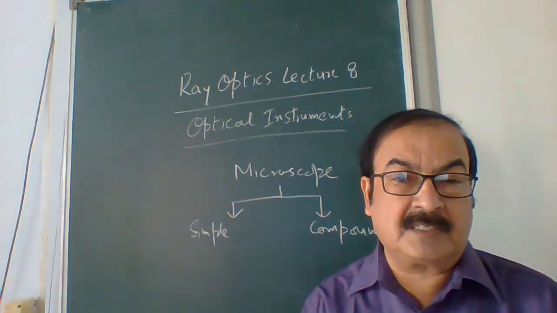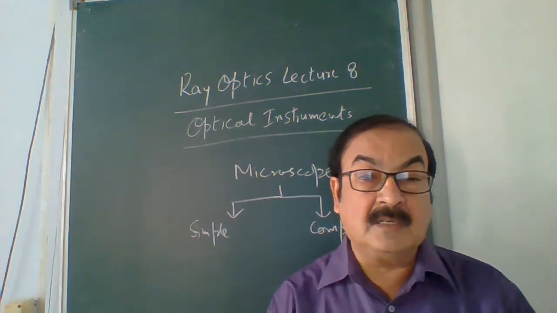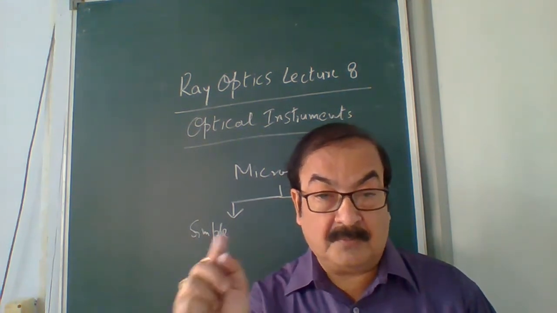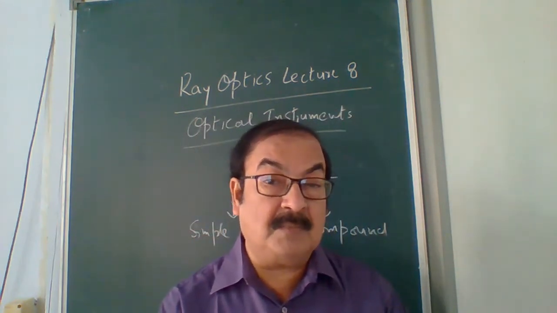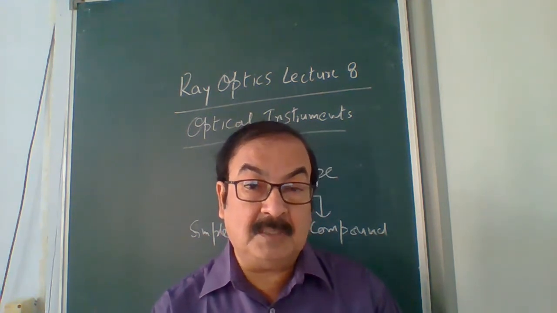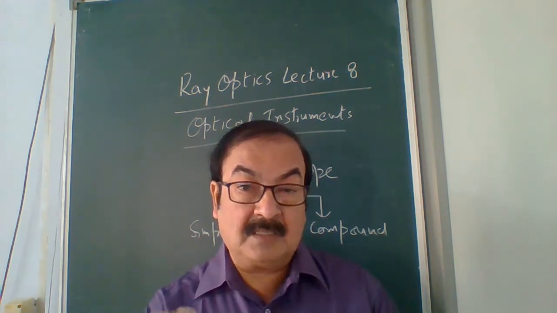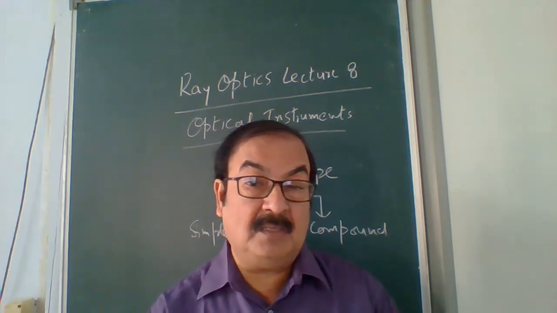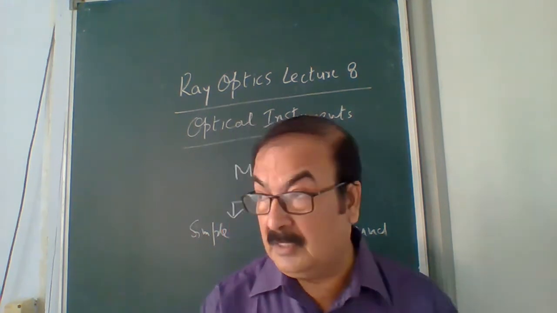In the previous section of the topic ray optics, we have seen refraction through lenses. In refraction through lenses, we have seen that with a convex lens, an image larger than the object can be formed. That is, you can get a larger or enlarged image by means of a convex lens in two different positions. In one case, a real image, that is very simple. When the object is placed between F and 2F.